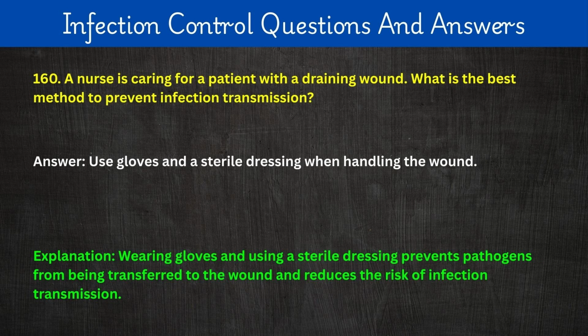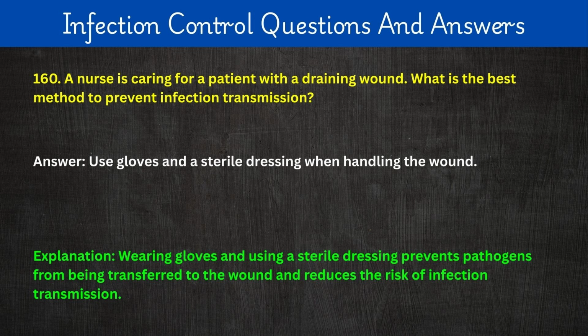160. A nurse is caring for a patient with a draining wound. What is the best method to prevent infection transmission? Answer: use gloves and a sterile dressing when handling the wound. Explanation: wearing gloves and using a sterile dressing prevents pathogens from being transferred to the wound and reduces the risk